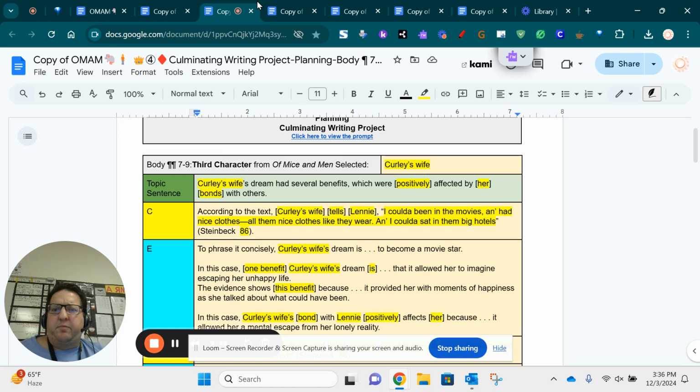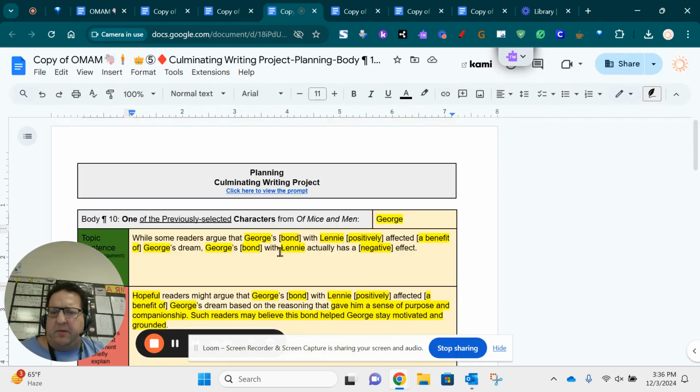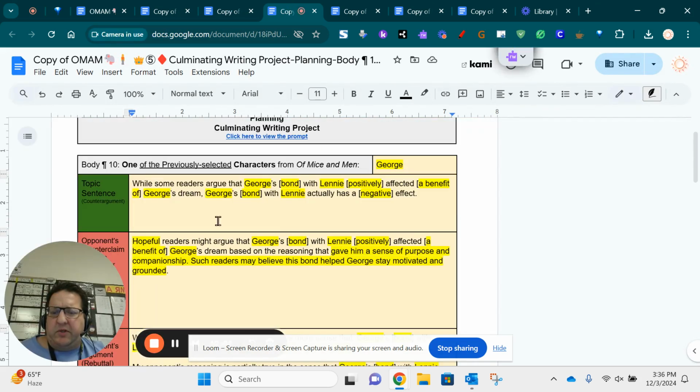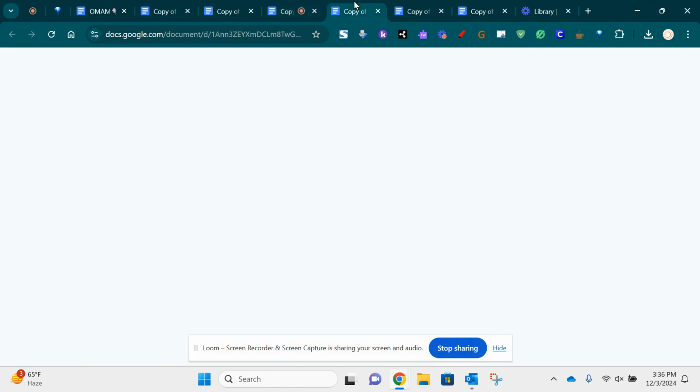Okay, and then I'll pick it back up when I'm copying in the counterargument paragraph, but it's still the same thing, right? I'm just going to select that much of it right there and then paste.